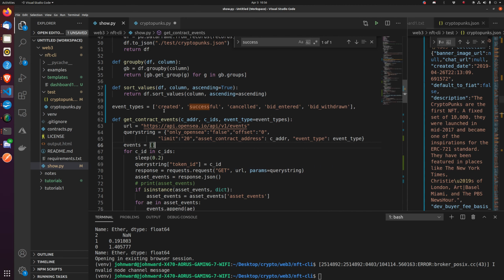Okay, so instead of a list, should we do a dictionary? Yeah, because then we can specify, because we want sales. We want all of these sales related information. Right? But for bids,